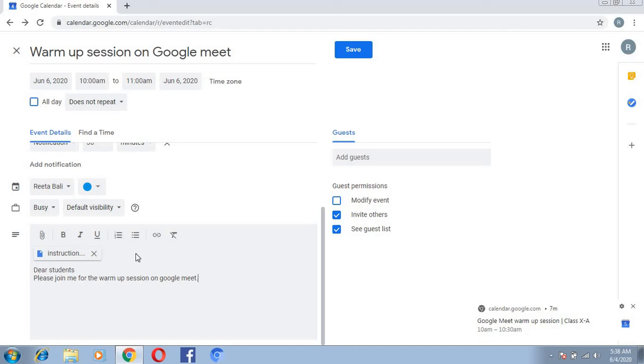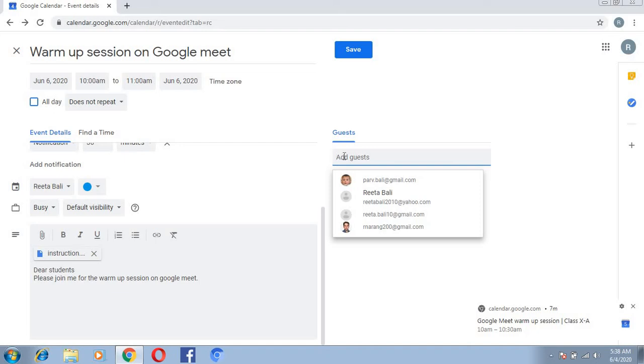After that, we'll move to the right hand side, that is guests. So for scheduling a meeting, I need some guests or participants. So I'll click on the add guest option, and then a dialog box is there where there are email IDs of the different people which I am going to select.